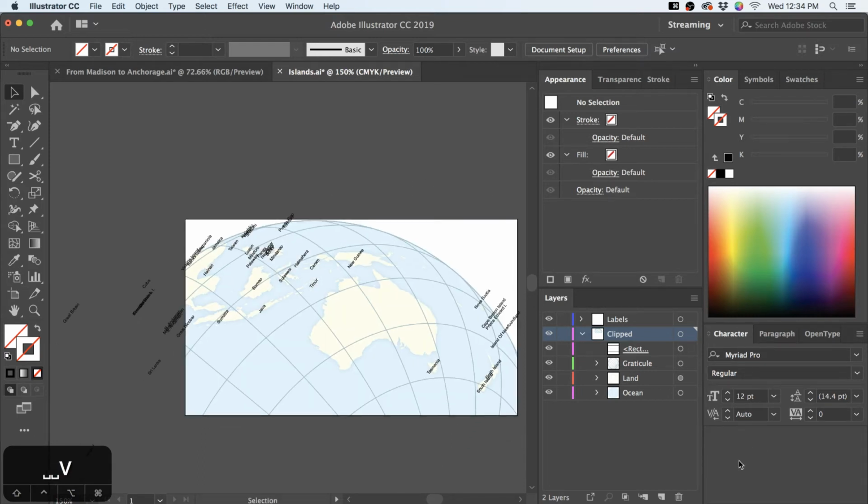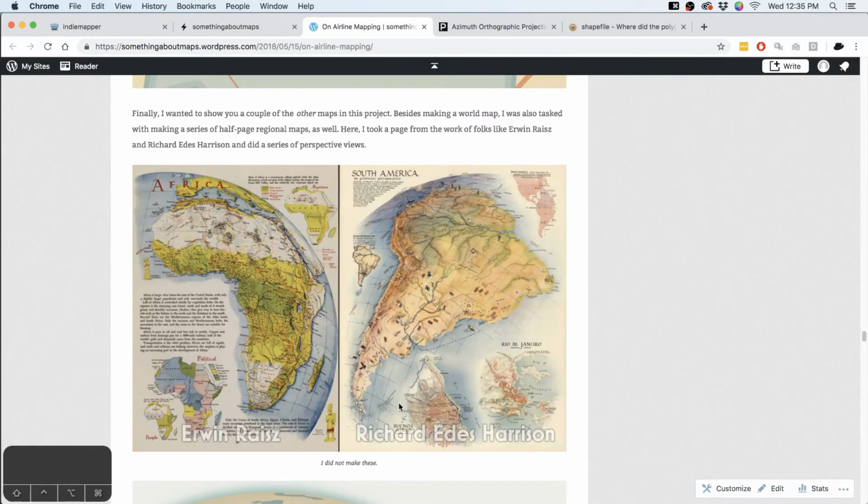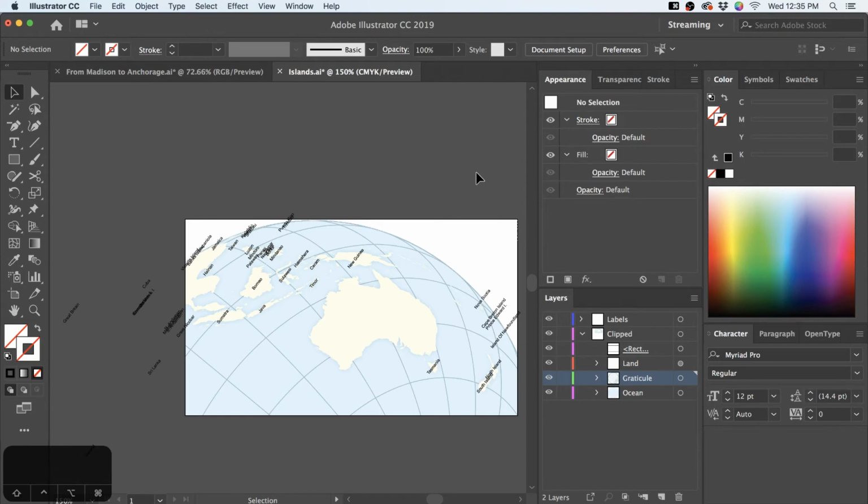So let's look at some other things we can do. I want to drop my graticule underneath the land. That's kind of a traditional thing. Actually, it looks like both of my exemplars put the graticule on top. But I've seen a lot of maps like this that keep the graticule underneath, and it kind of pops the land a little bit more. Especially if you were going to label a lot of things on land, having all these lines overall, if I'm going to put island names on here, that's more competition, definitely. So I'm going to keep these things out of the way.